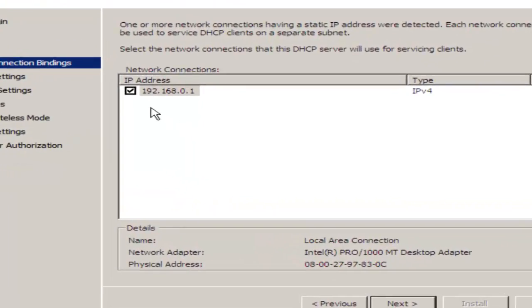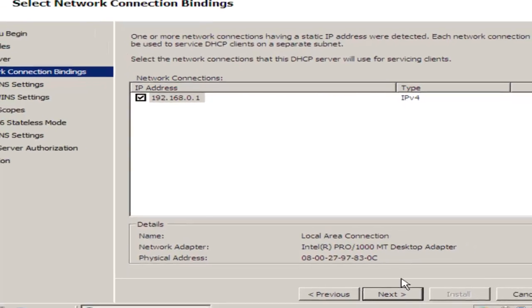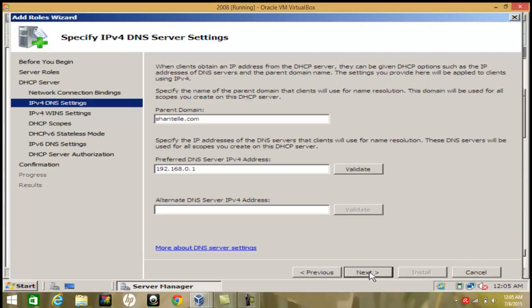This is the IP address of our server and the type is version 4, so we can click next again. This is the domain and again the IP address of the server, so we can just validate that and click next,